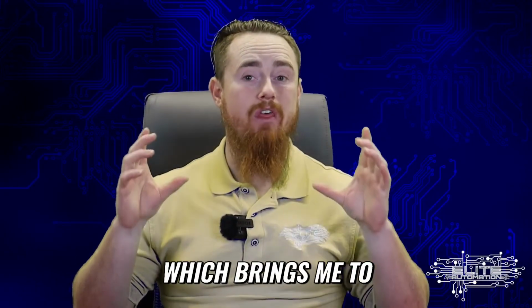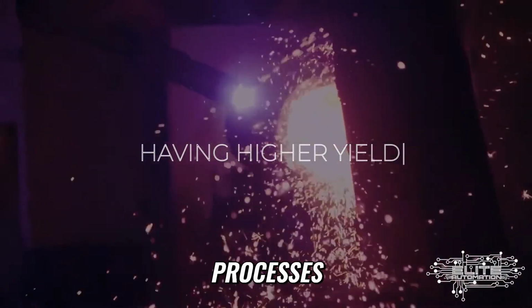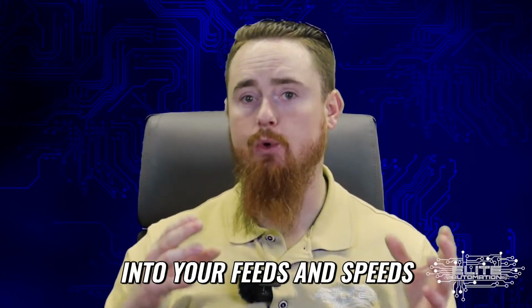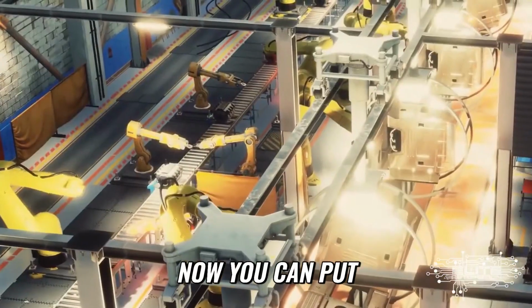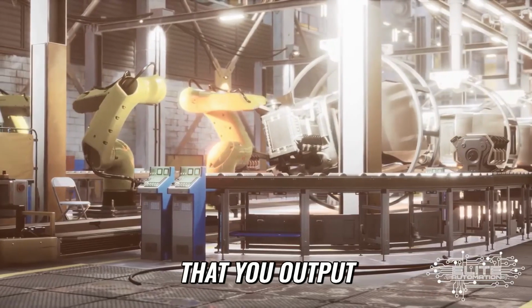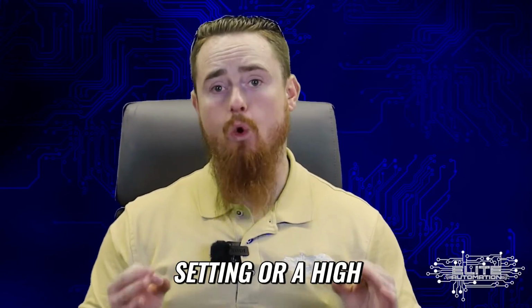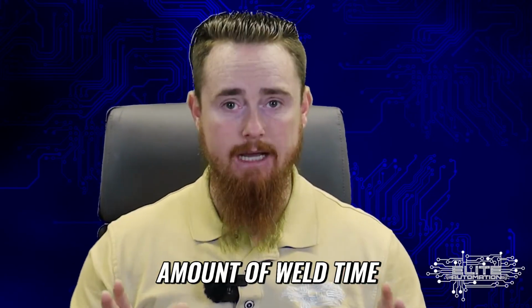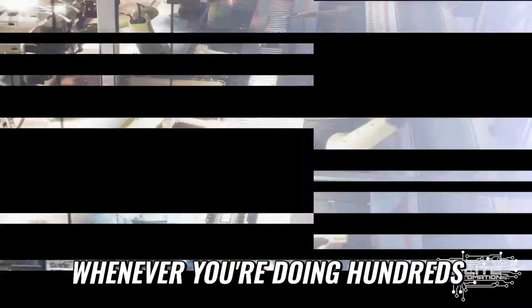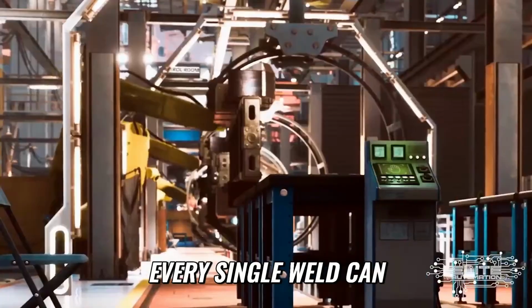Which brings me to the next point, which is having higher yields from your production processes. And this also goes into your feeds and speeds. Now you can put less weld fill material into every single part that you output. So when it comes to a high production setting or a high amount of weld time, that can be very, very critical. Whenever you're doing hundreds of thousands of parts or even tens of thousands of parts, every single weld